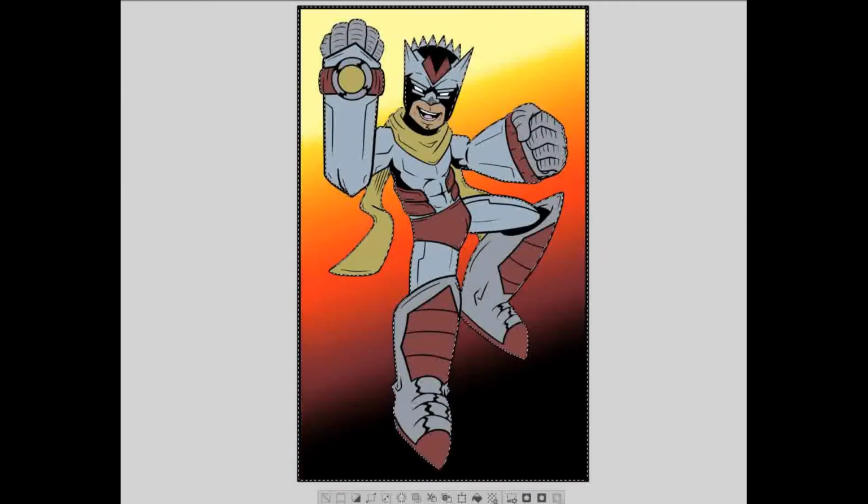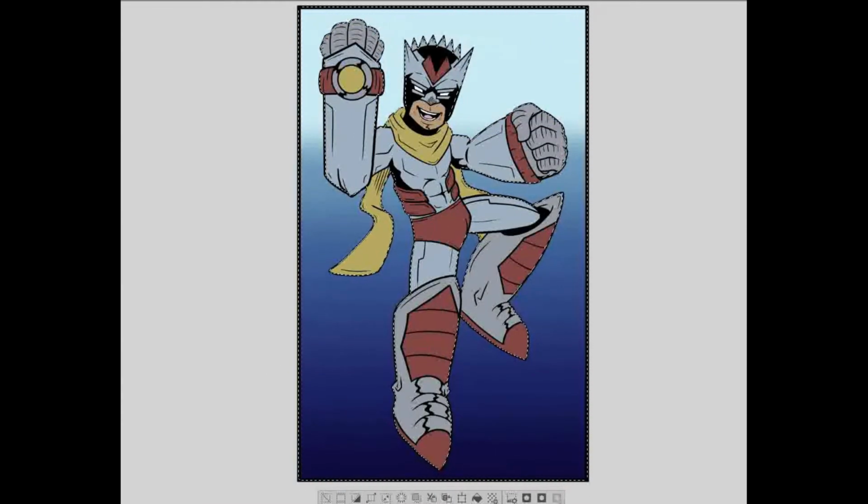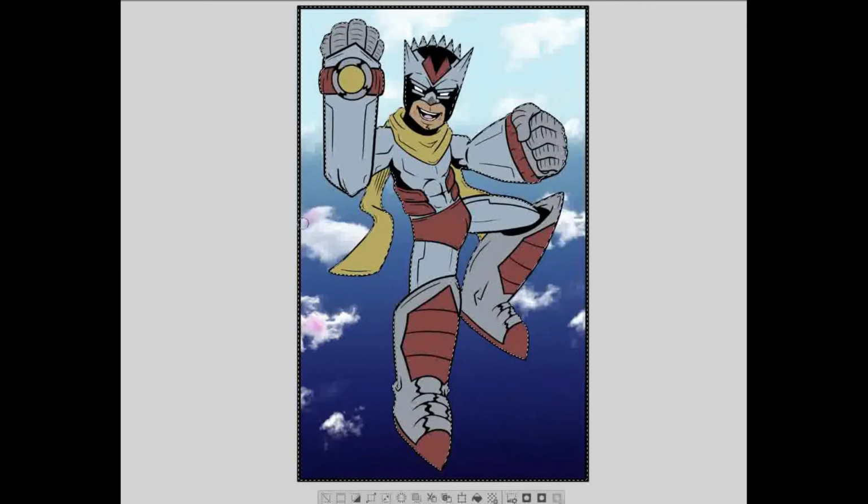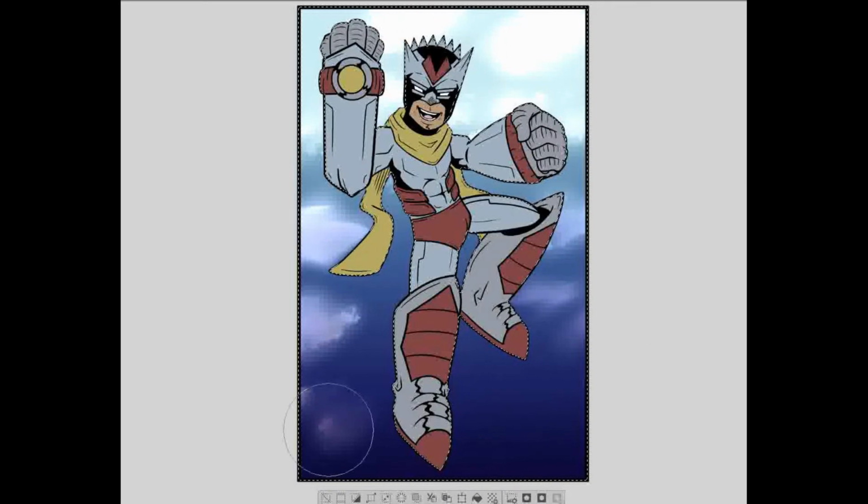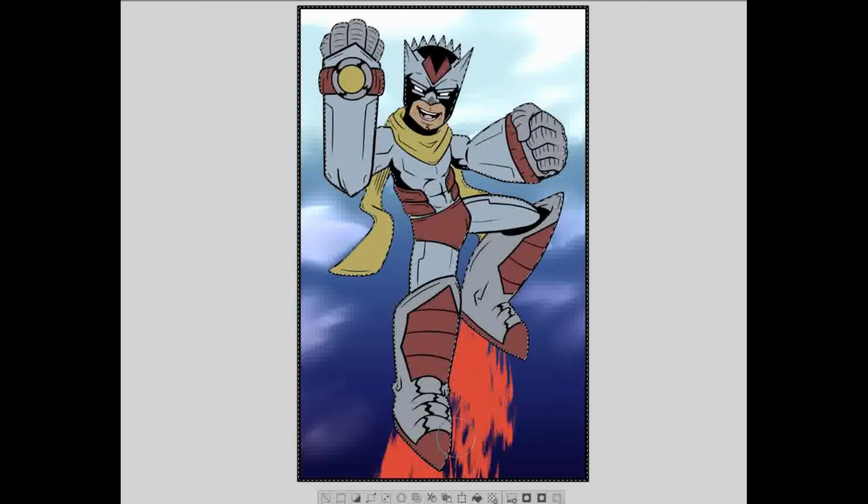So yeah, here's my character. I'm using a gradient for the background. I was thinking I was going to essentially just have him flying, so it looks like he's in a pose where he can kind of be flying. So I threw in some clouds, threw some color on the clouds, and then I started blurring them out and blending them together, trying to make them pop. I used some effects to make them glow in the background, so it looked pretty interesting. And then I don't know why, but I shoved them out of the way with a liquefy tool. So I thought that made it interesting.